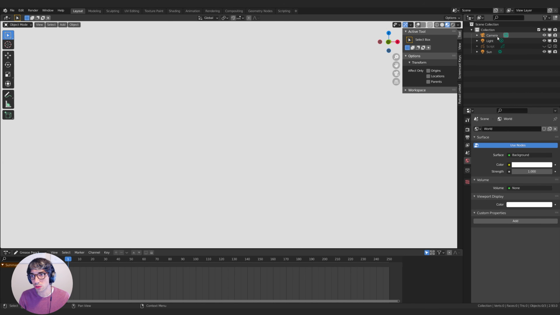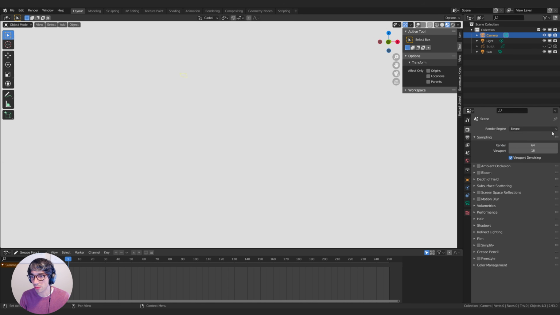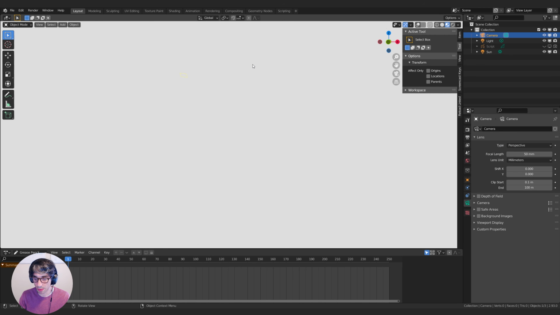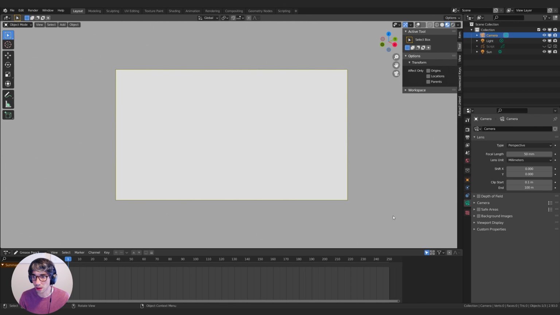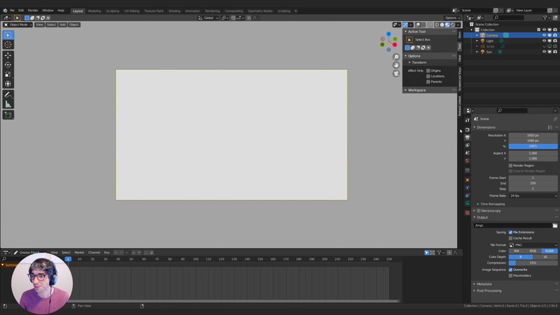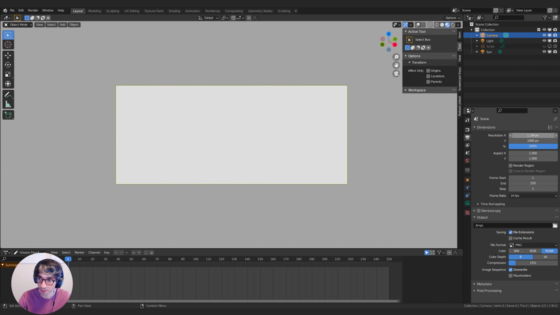Now, one thing that is useful is let's go ahead and go to our camera and set up our camera. I'm going to pop into the camera right here. Now, I wanted to go for a bit of a cinematic aspect ratio. So I'm going to come over to my printer icon and I'll keep the height of 1080. Then I'll type in the height into the width and multiply it by 2.35. That'll give me the nice widescreen CinemaScope